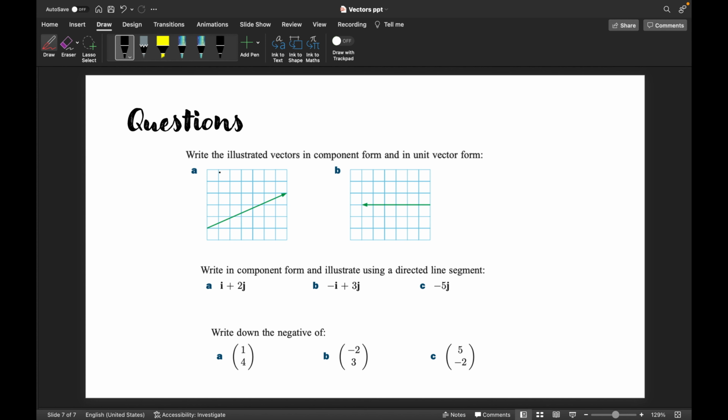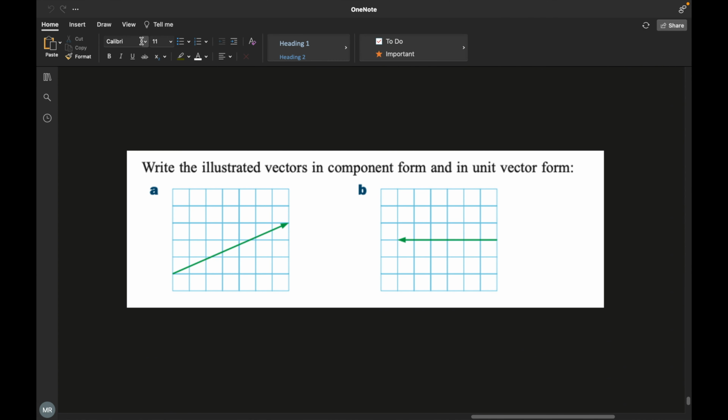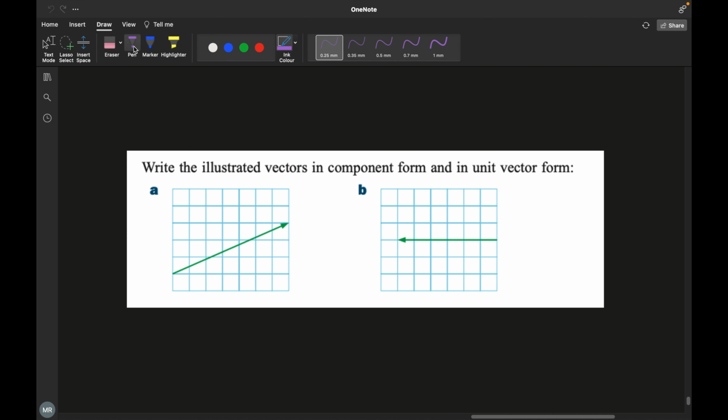Let's read the first one. We have to write the illustrated vectors in component form and in unit vector form. All right. So we have this. First, let's say this is 0, 0. It's not going to be, but let's just consider that. And now we have to find the length in the x direction and the length in the y direction. So this is going to be 1, 2, 3, 4, 5, 6, 7. So therefore, it's 7i because this is i,